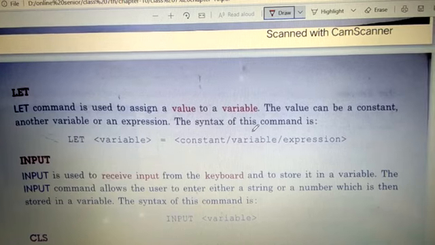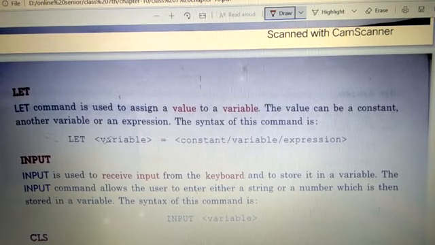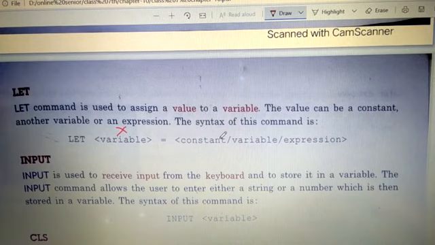So the syntax of this command is like this, children. Let, then after that a variable. You don't have to consider this angular bracket. Let, like it will be capital X. Then you can put equal to, then a constant value, a variable, or an expression. Fine, like this.